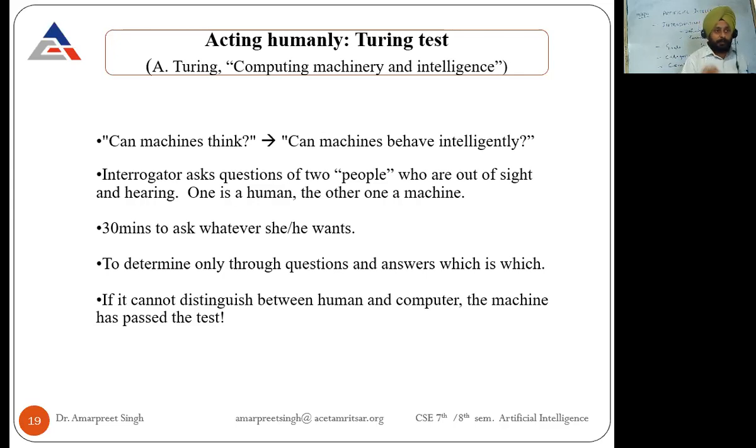How do we verify whether the claim is right or wrong? He is claiming that he has made a machine that can replace the human. So this is the claim. Now how do we test whether this machine is actually an AI machine or not? This test was given by the A